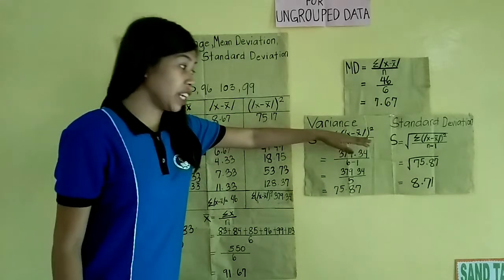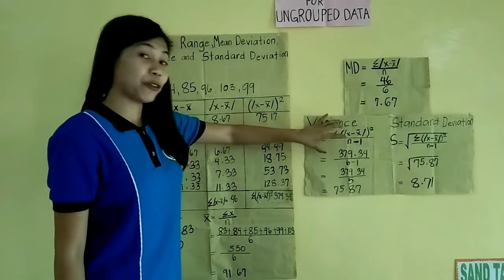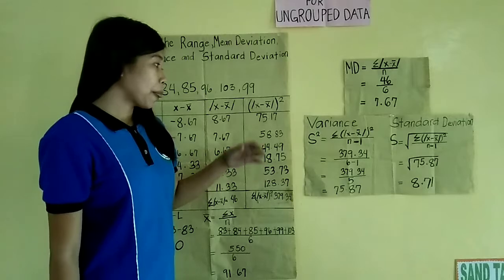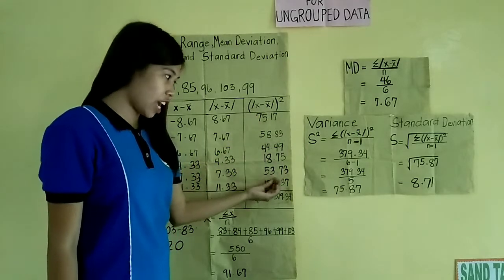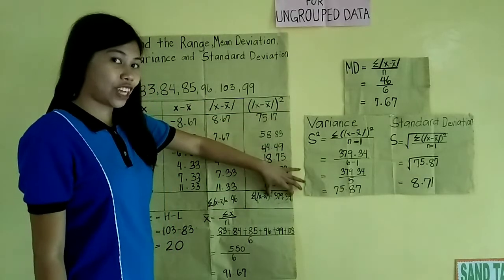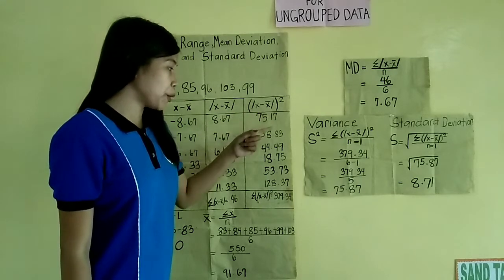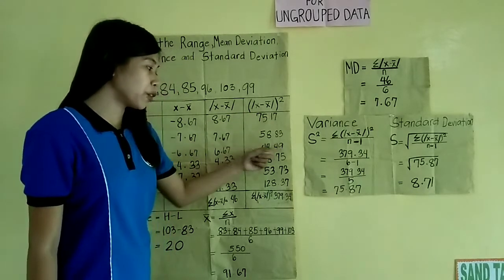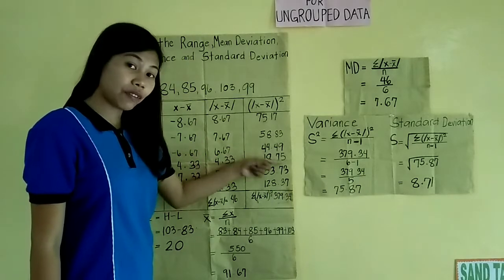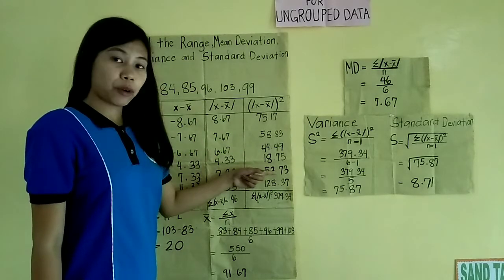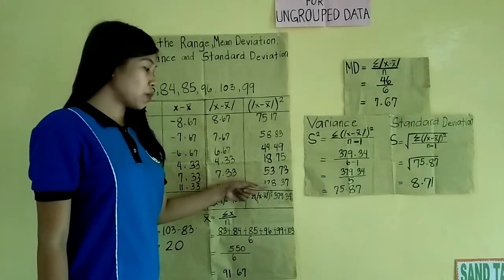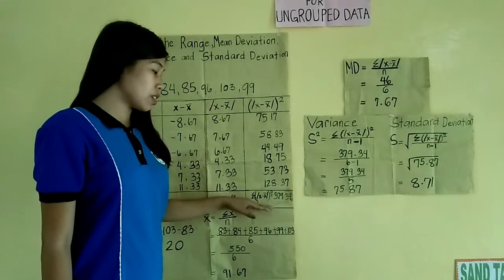Now, to get the numerator in our formula for finding the variance, we just add these up. Alright, 75.17 plus 58.83 plus 44.49 plus 18.75 plus 53.73 plus 128.37 is equal to